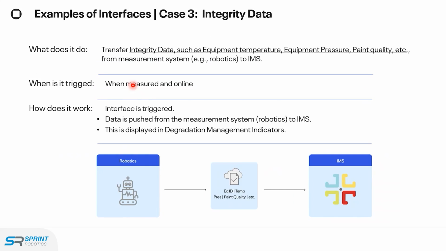Integrity data. If you have a permanent sensor, for example, like PermaSense, and you take wall thickness measurements, you want to send them back into IMS, and that can be done. If you have a crawler, there are different applications that you can use to get that integrity data flowing back into IMS. This example is a lot about wall thickness measurement, which we use for corrosion calculations. ILI data, if you have instrumented pigging, for example, you're going to consume that data, run fitness for service, corrosion calculation, remnant life, and manage the integrity of that asset.